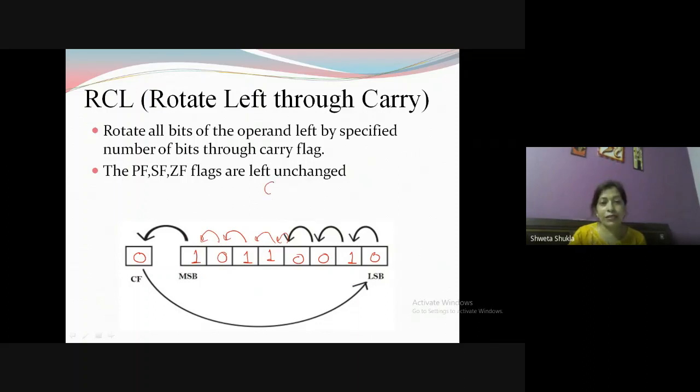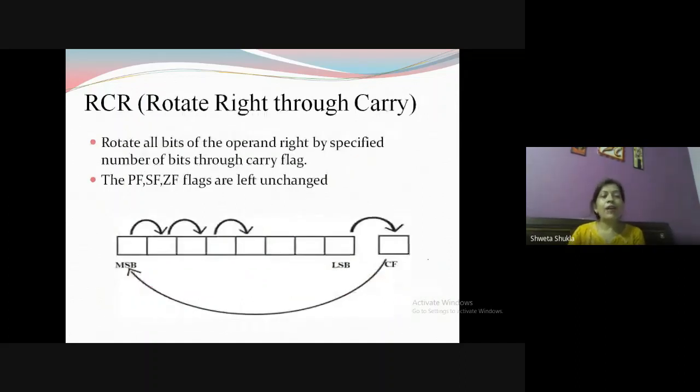So again, the same thing, you will check the value of CX. If it is 1, then you have to rotate it just once. So after rotation, the result will be, now CF will be 1. Then we have in the MSB 0, then 1, 1, 0, 0, 1, 0, and in the LSB the value of the carry flag will come. So this is the result after the first rotation. Similarly, you can keep on doing it as many times as is required by the CX register in the instruction. Done.